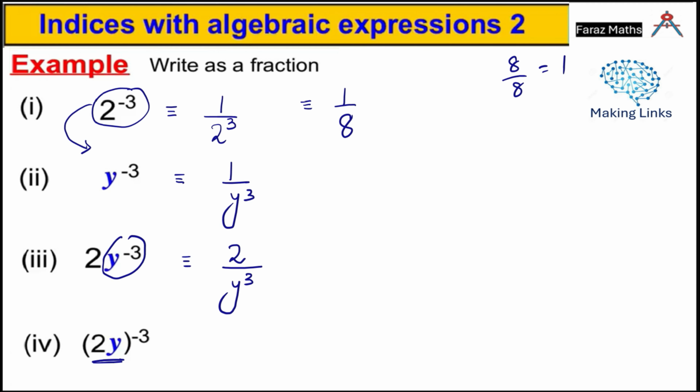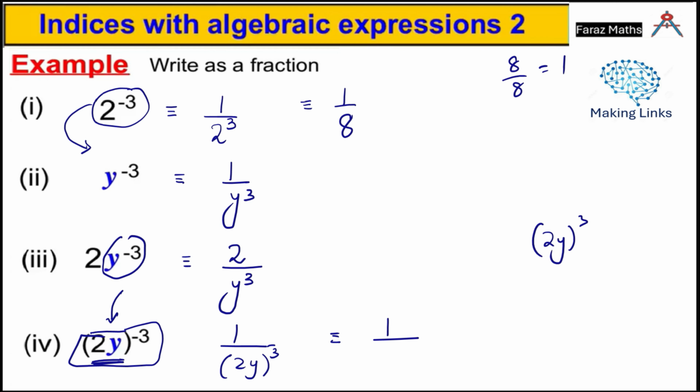Okay, in this one, (2y) to the power of negative 3. So if you want to make it plus 3, you have to move this whole 2y to the denominator. So 1 over (2y) to the power of positive 3. And if you simplify it further, that would become 1 over (2y) cube. (2y) cube means you have to multiply 2y how many times? 3 times. And if you do that, it will be 8y cube. 2 2s are 4, 4 2s are 8, y times y times y is y cube. So the answer is 1 over 8y cube.